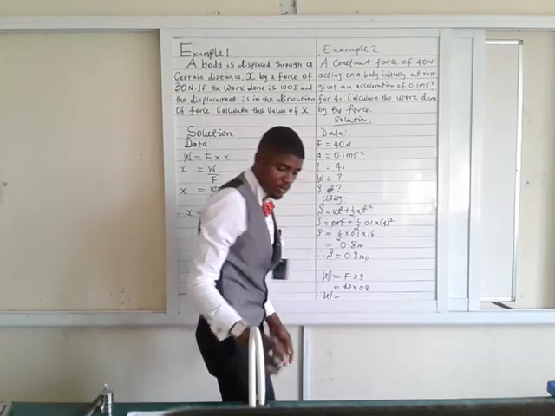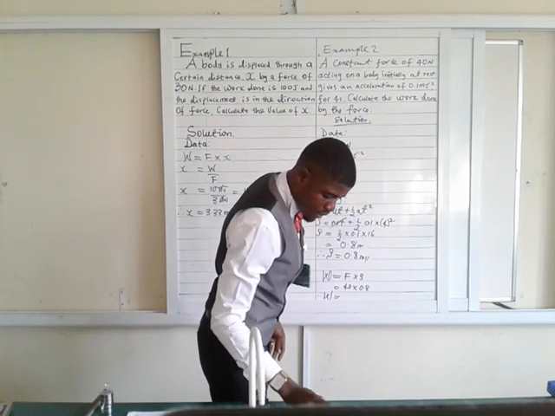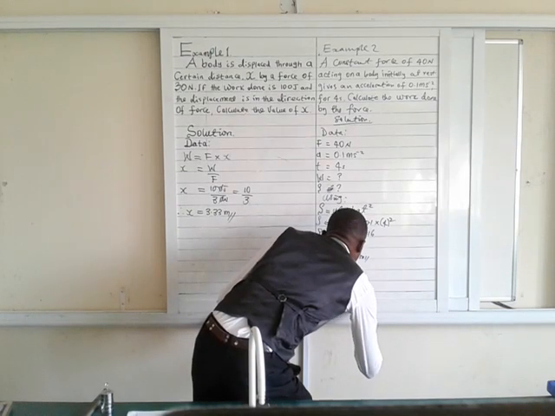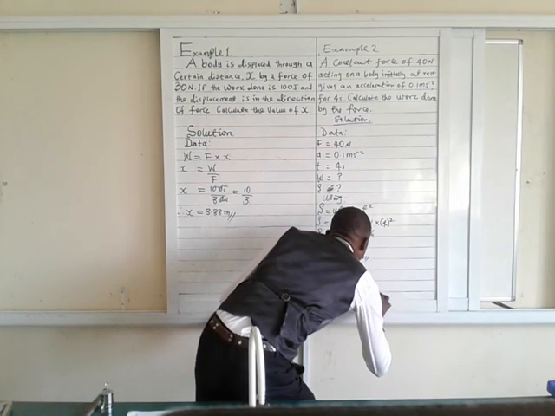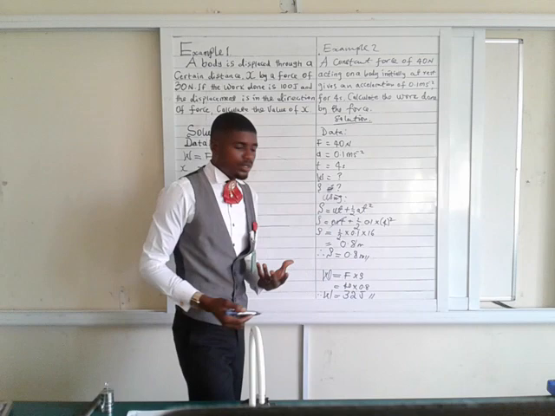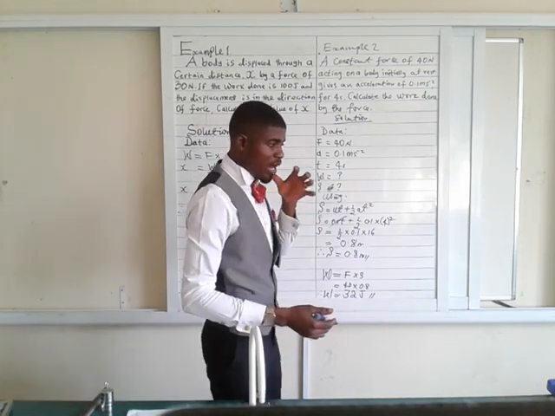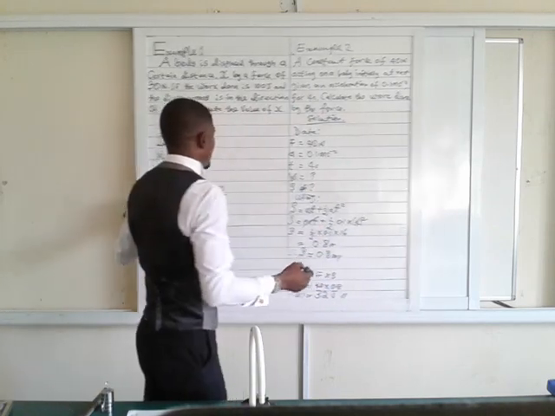Therefore, W is what? 0.8 times 40. We have 32 joules. So our work done is 32 joules. We want to look at this point. Work done